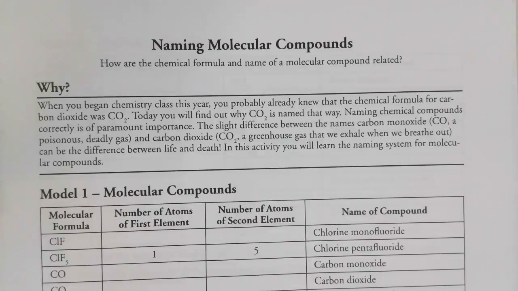Okay, everybody, welcome back. In this video, we are going to go over the POGIL for naming molecular compounds. It's called Naming Covalent Compounds in section 6.4 of the Chemistry B Google Classroom, because molecular compounds are covalent. They contain covalent bonds, which means that they are very different from ionic compounds. Probably the most important way that they're different from ionic compounds is that they do not form ions and instead